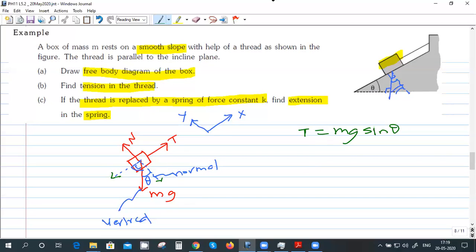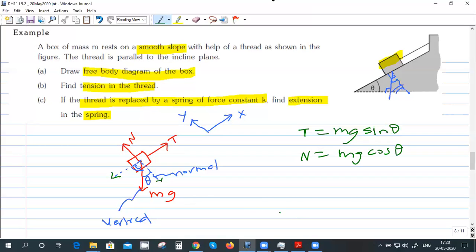Not necessary. See, this mg is making theta with the normal, no? What is important is the angle the force is making. It depends on the force, not the position of theta. The force is the vertical force mg, which is making angle theta with the normal. So the adjacent side will be cos theta, and the other side will be sin theta. So down the plane is mg sin theta, and normal reaction is mg cos theta. You can check with the extreme case.